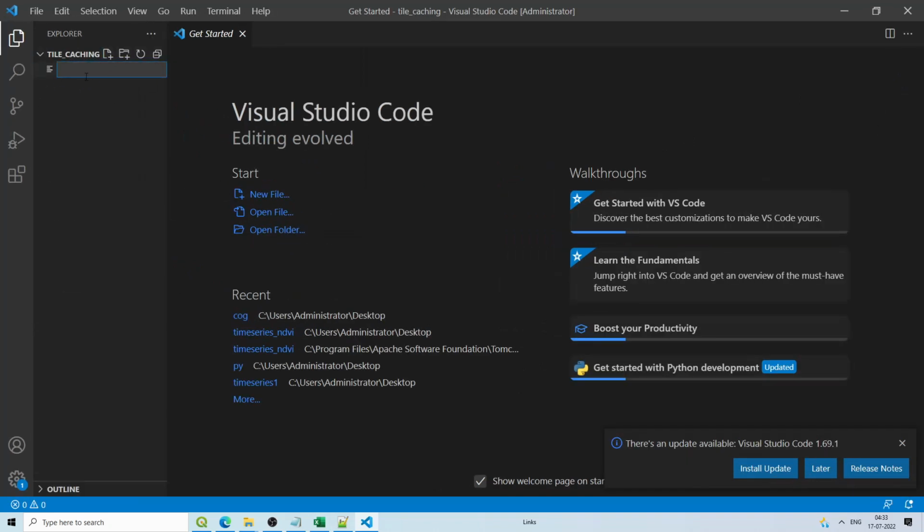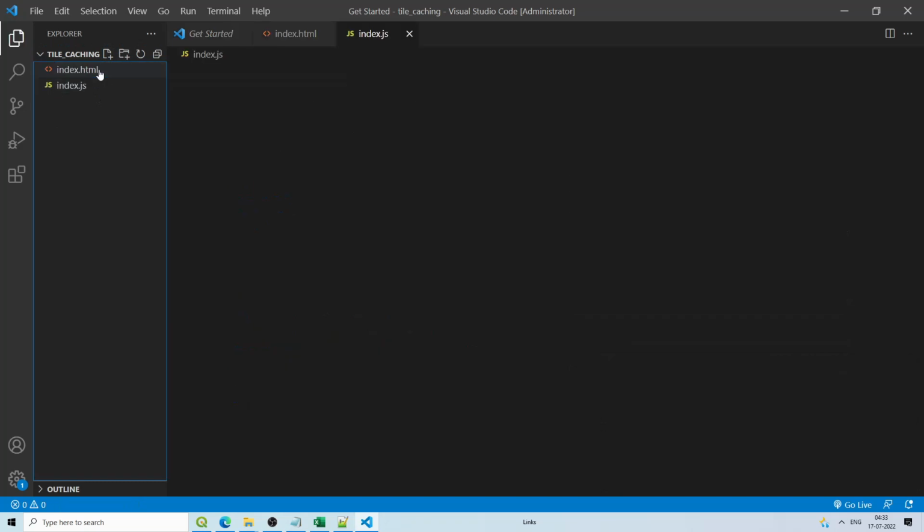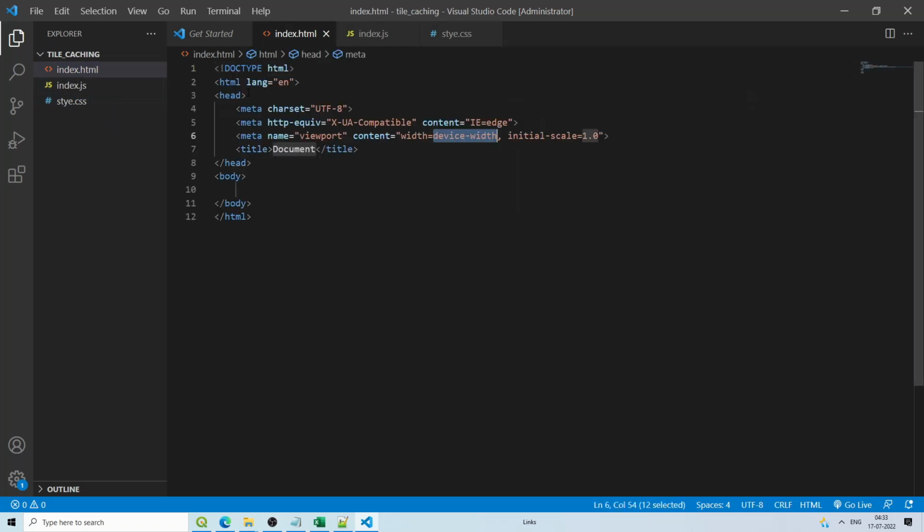Very quickly we'll create 3 files. One index.html, index.js JavaScript, and the third one we will create style.css. Sorry, one more file we create, style.css. So here we'll write the HTML tag very quickly, HTML5. Here I will write tile caching,